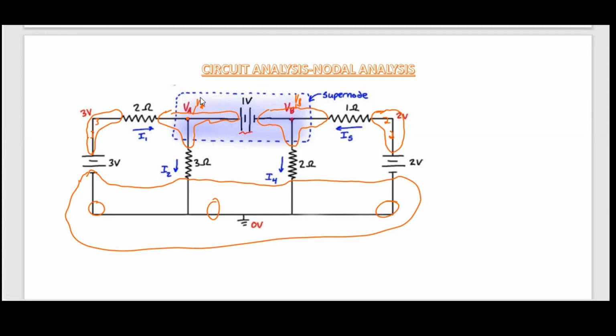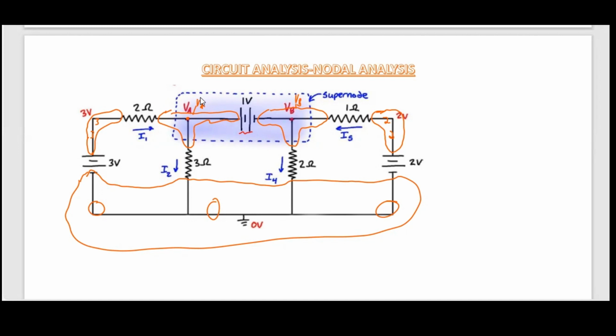The reason why I am not treating this battery as a supernode is because it's not in between two nodes that I don't know the voltages for. I know the voltage that this node is 3. I know the voltage that this is 0. And I know the voltage of the battery. So they really have nothing for me to calculate. I already know the voltages. So that way you don't treat the battery as a supernode. You don't need to. But these here now, notice that